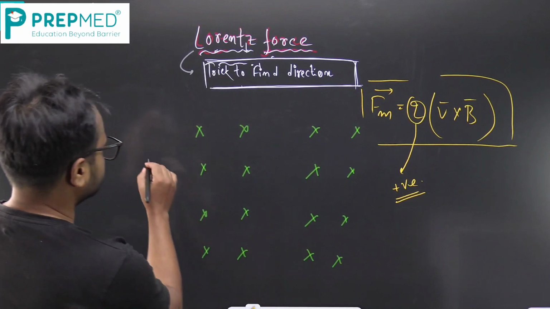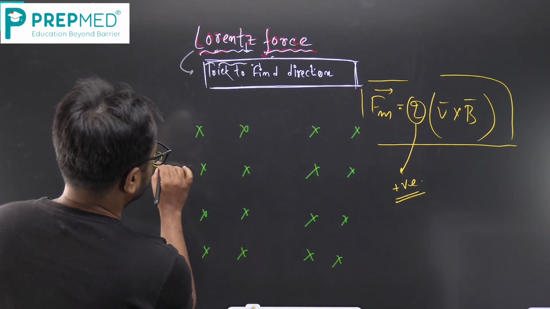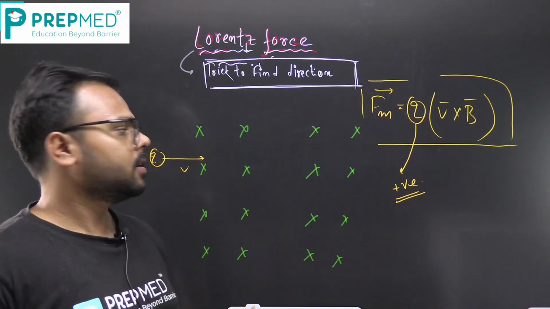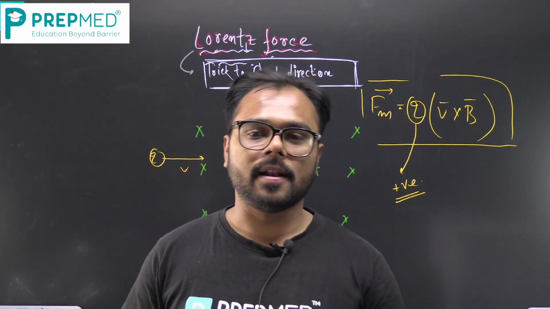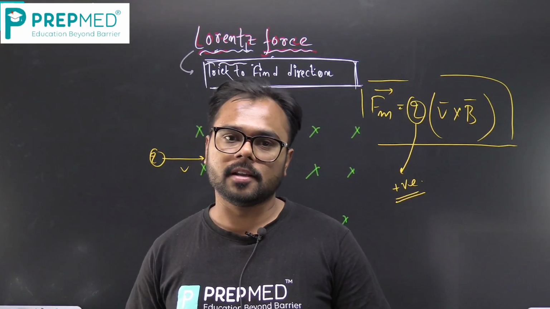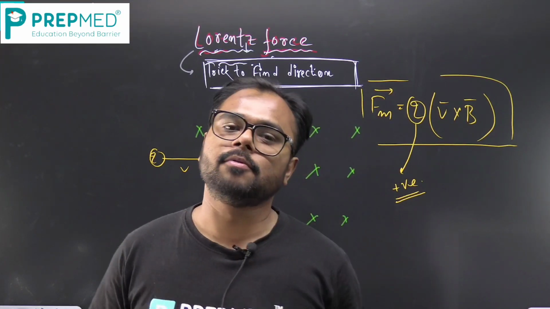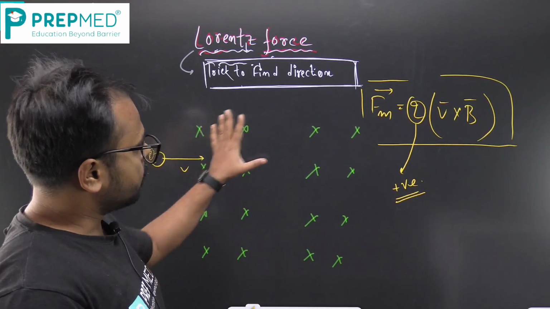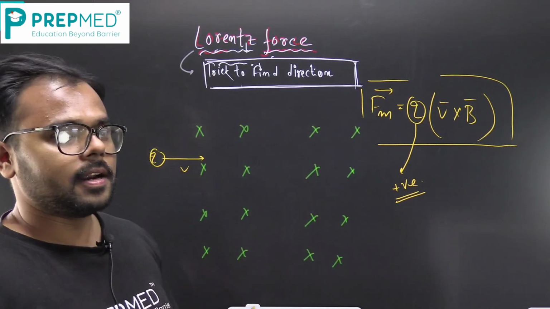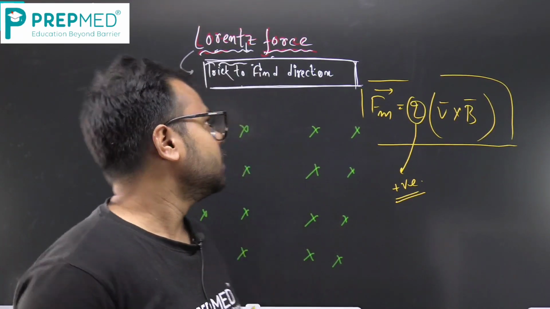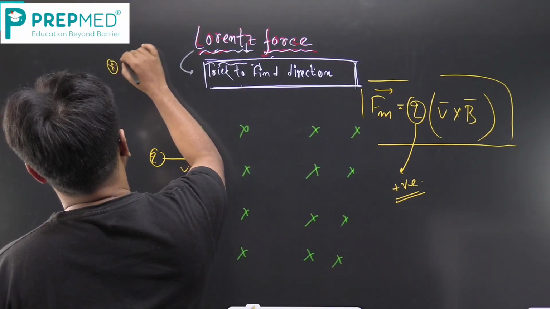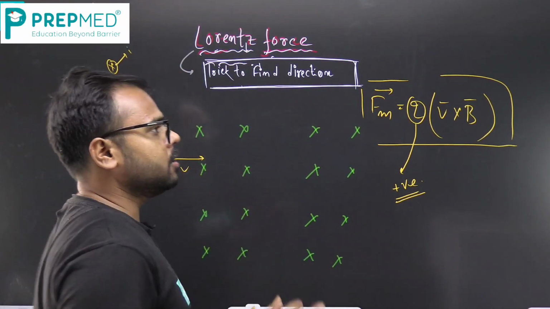Suppose we take a charged particle Q, which is entering the magnetic field with some velocity V. The question is, in what direction is the charged particle going to shift, in what direction will its trajectory be? That means in what direction will the force on the charged particle be. To find that, this cross sign signifies that the magnetic field is into the plane of paper. You also have to learn this symbol, that the cross indicates into the paper,